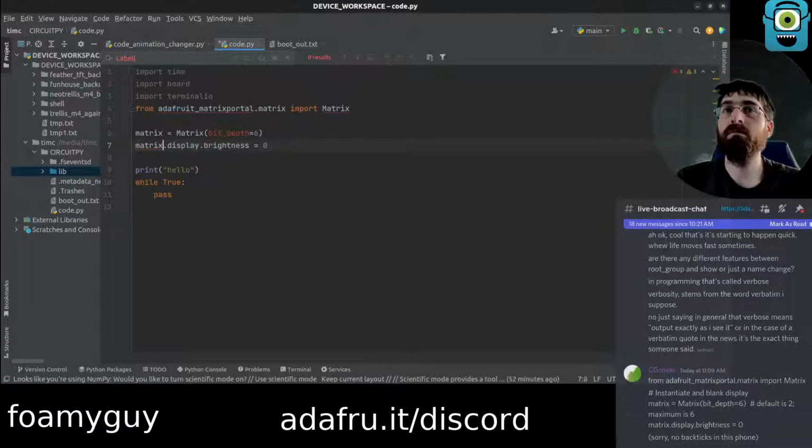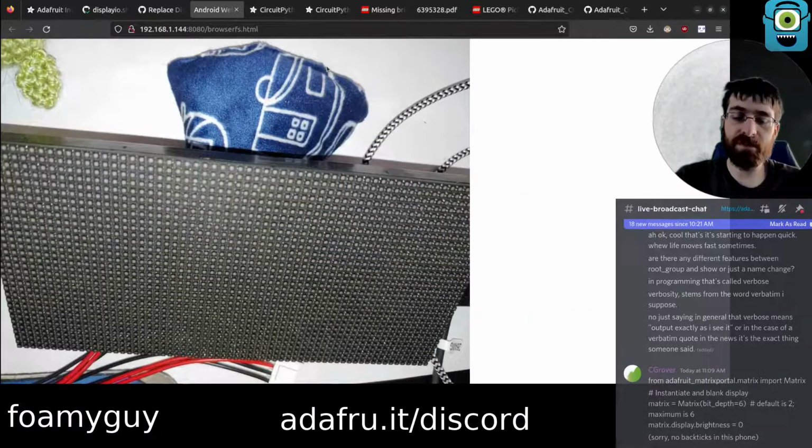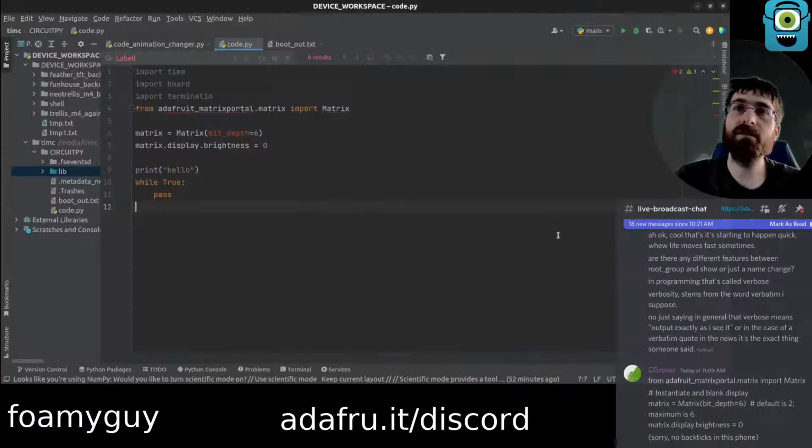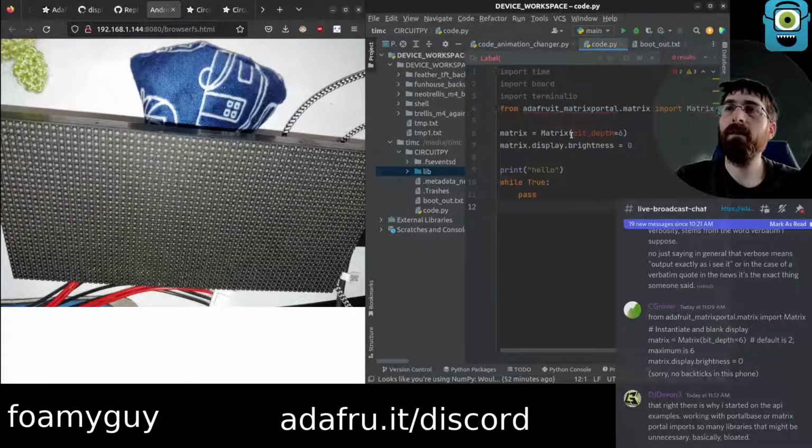Ooh. Displayed a bright red something for just a second. Would it need, well, it calls release displays in there.